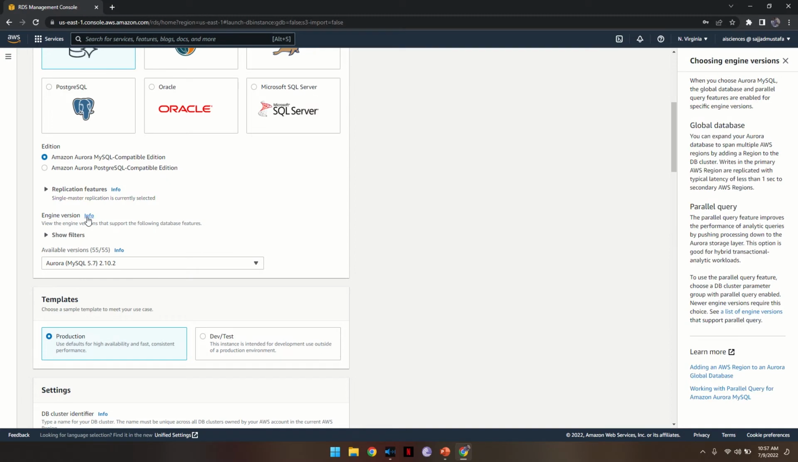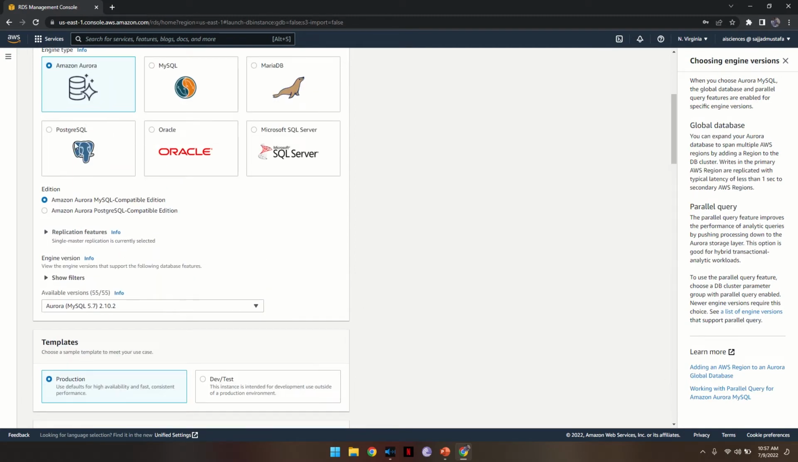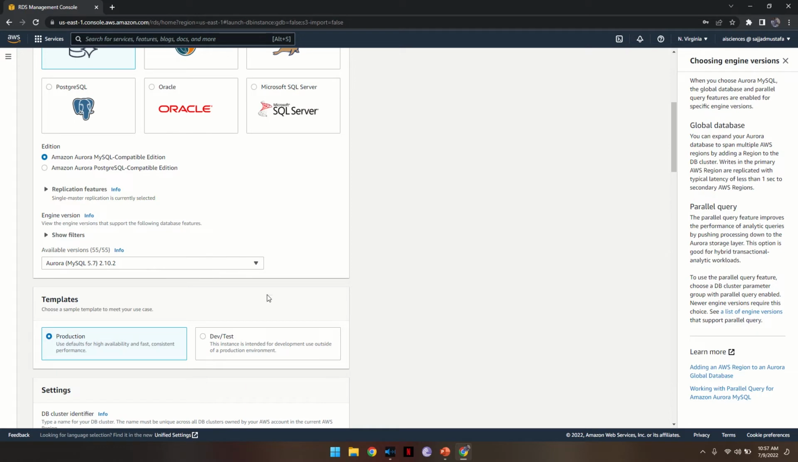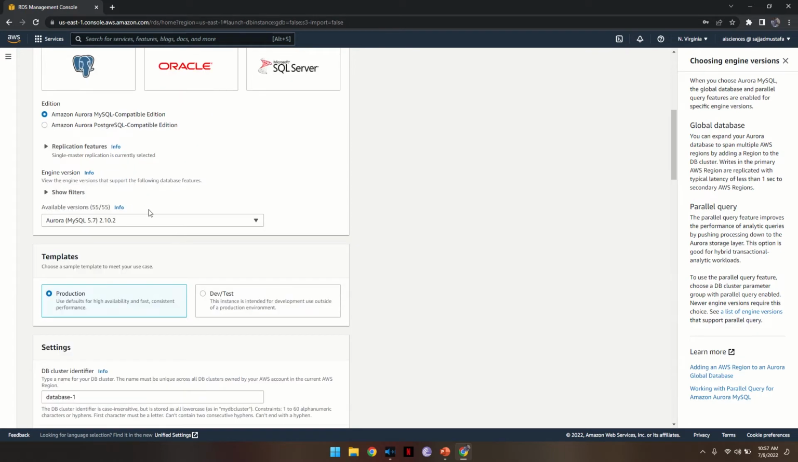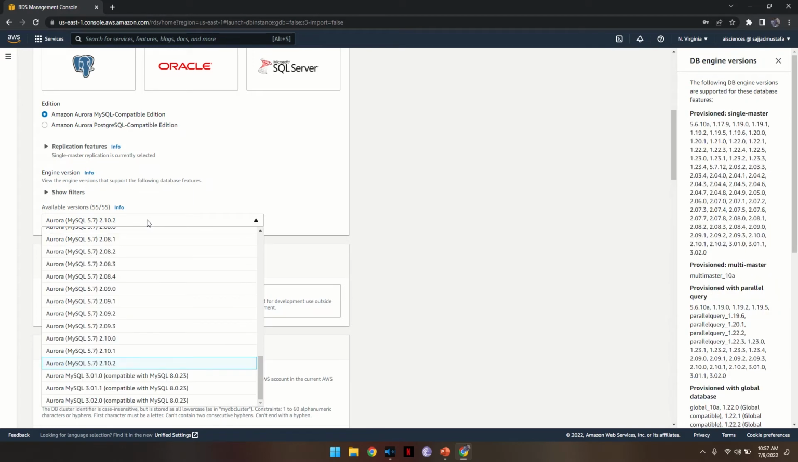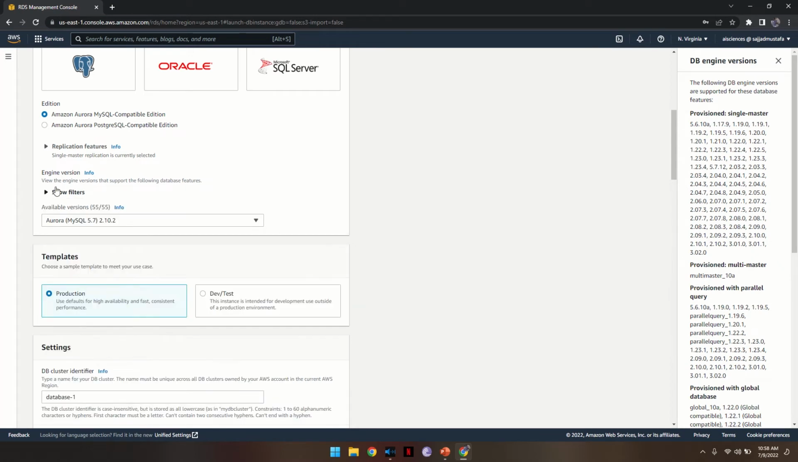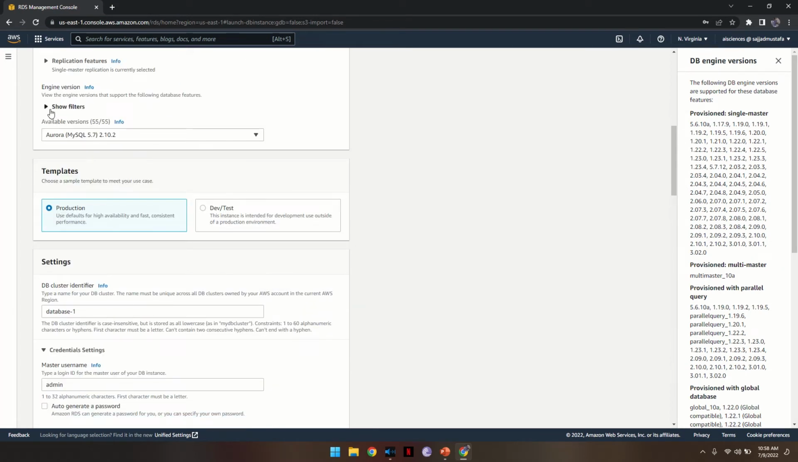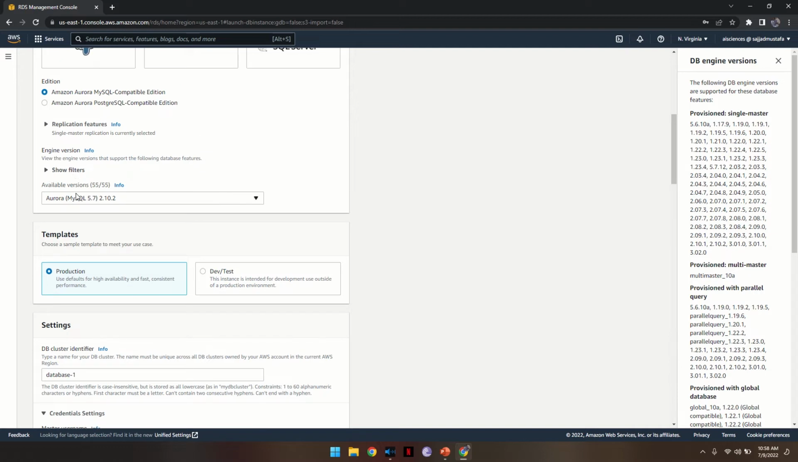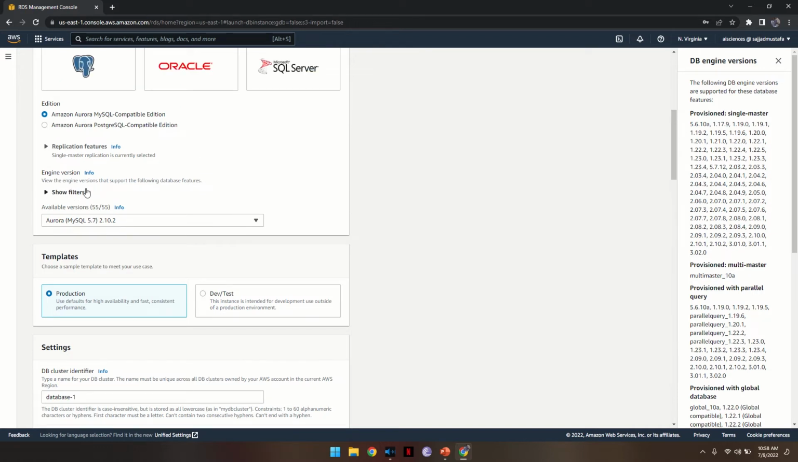And we have the engine version info. If you want to know more about this Amazon Aurora, you can read it over here, if it's a global database and so on. If we move further, we have the Aurora MySQL, and I'm going to choose this recommended version, the most recent one. Now, if we go to show filters, since we do want to know about every option,